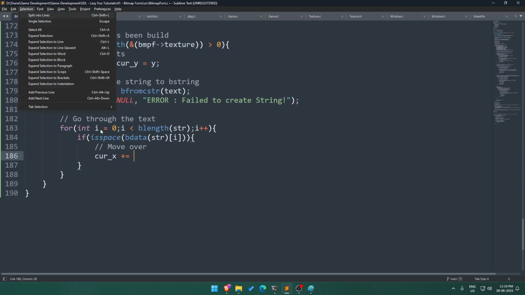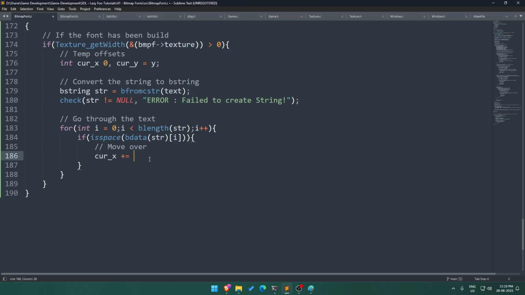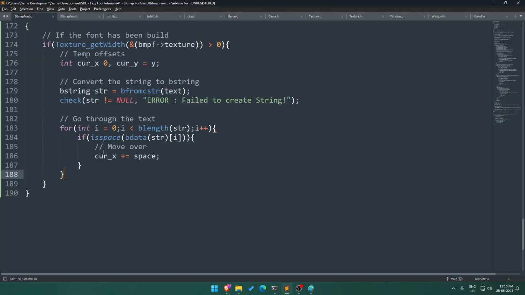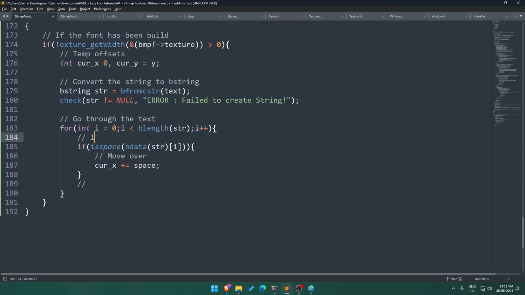Plus equals space, plus equals space, and if the current character is a new line, right, the current character is space, the current character is space,